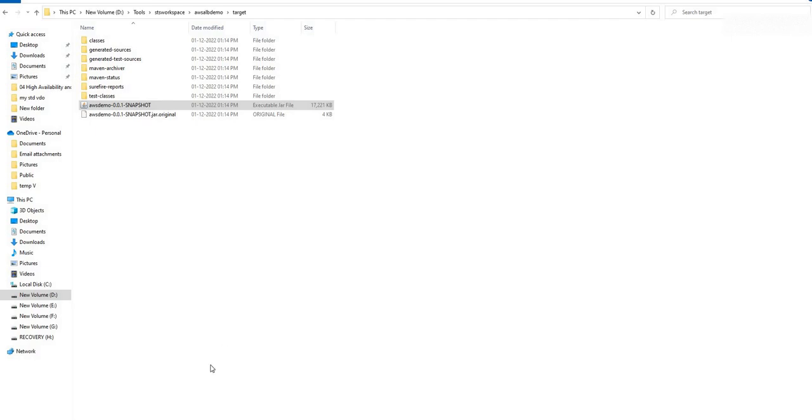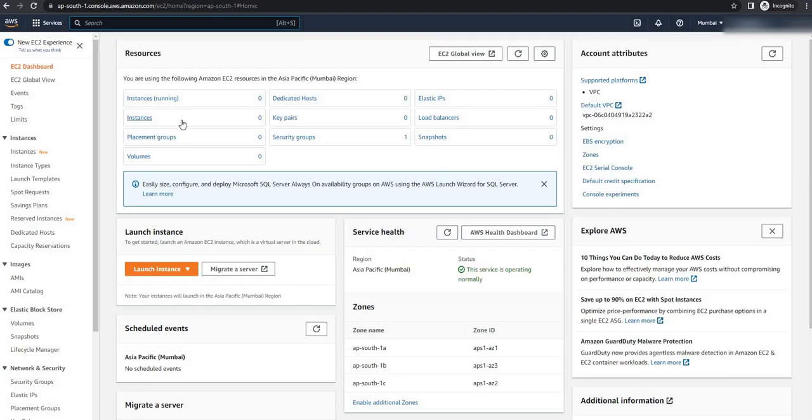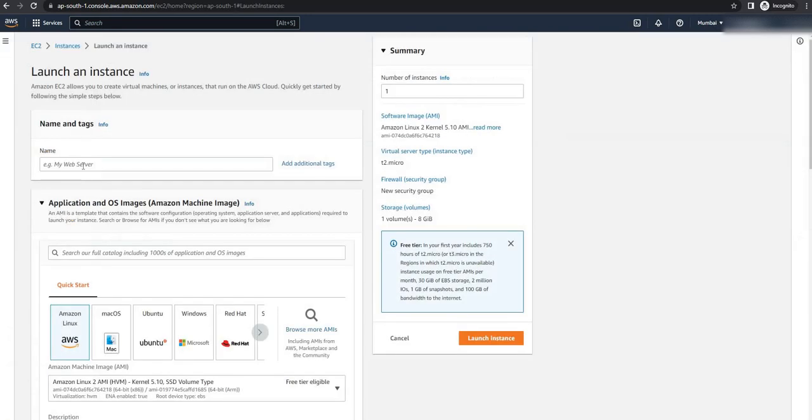So we need to create instances on AWS first. Log into your AWS console, click on EC2. As you can see, we don't have any instances running previously. So click on instances and click on launch. Here I'm going to give a name, instance 1, for the first instance,